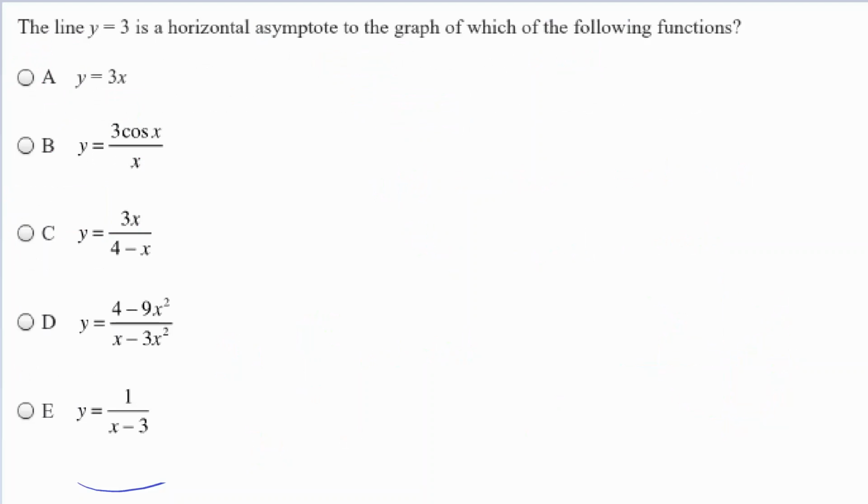The line y equals 3 is a horizontal asymptote to the graph of which of the following functions? I am totally going to put this onto a pre-calculus assessment. This is great. This is chapter 8 of pre-calc. Let's go through some pre-calculus. If the degrees of the numerator and denominator in this,